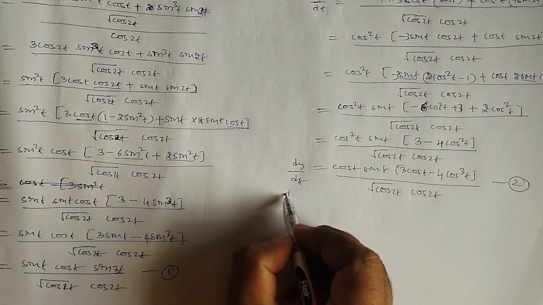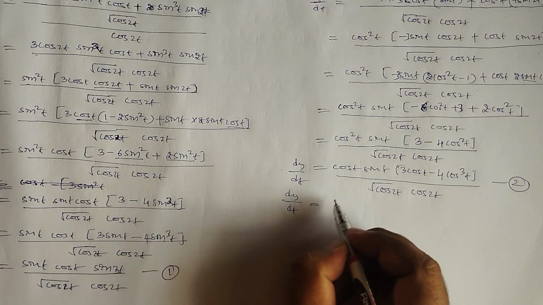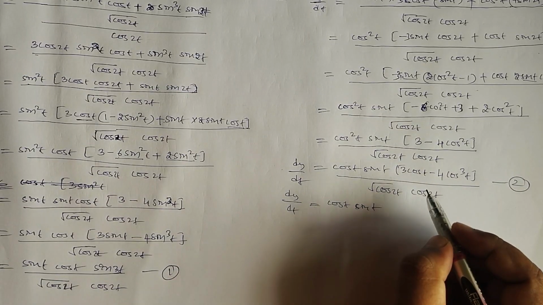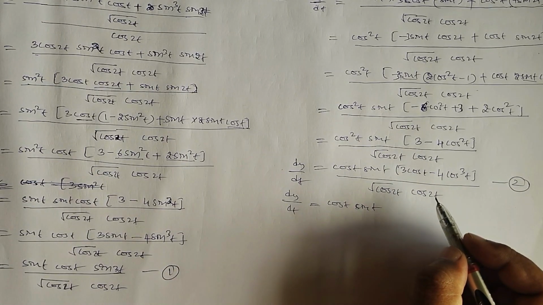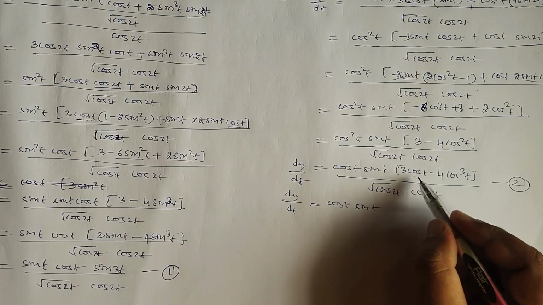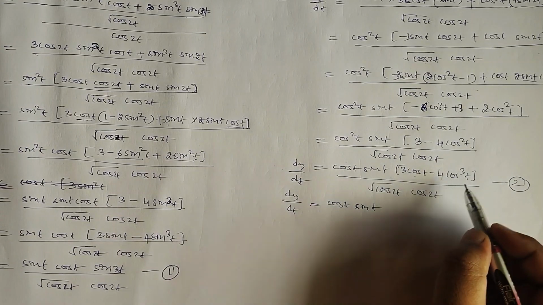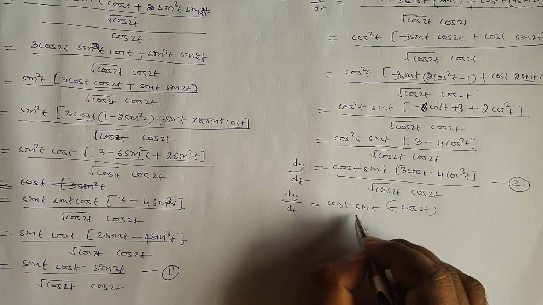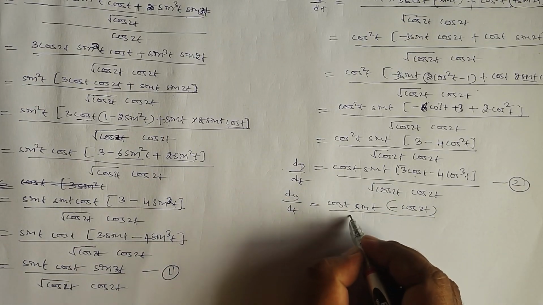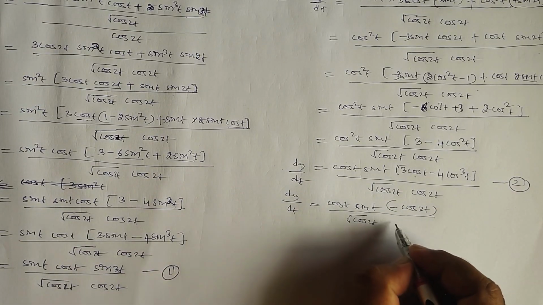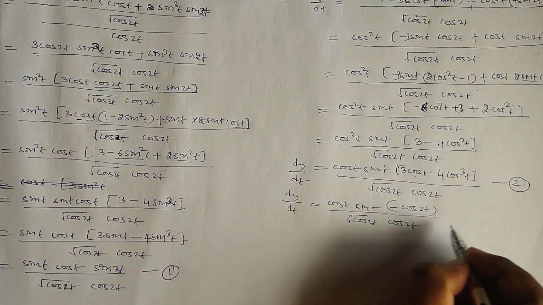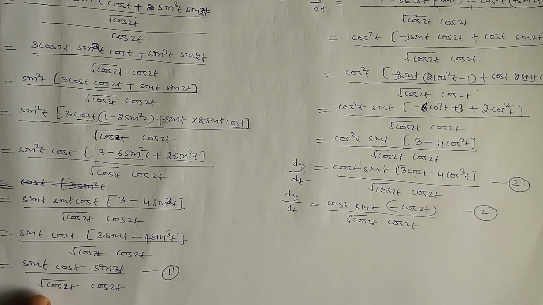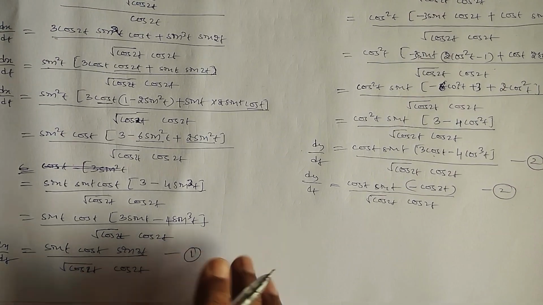Okay, next dy by dt equal to cos t sin t. Okay, what is cos 3 theta formula? 4 cos cube t minus 3 cos t, so that is equal to cos 3t. Okay, divided by root cos 2t into cos 2t. Say this is equation number 2. Equation number 1, okay, this one, right? Equation number 2